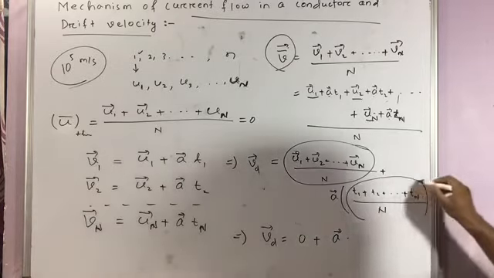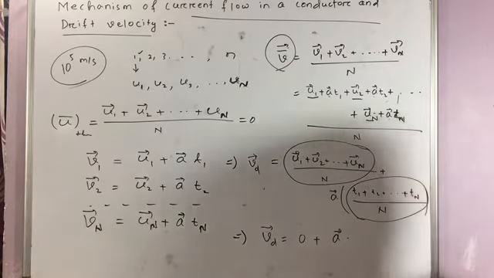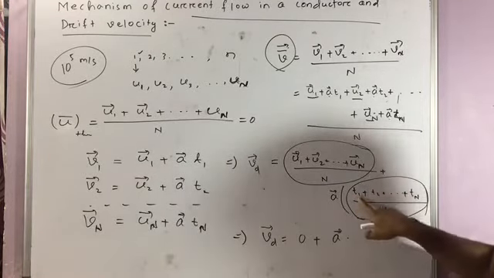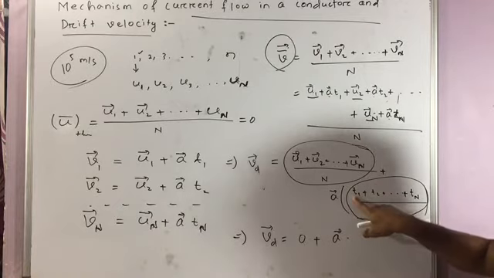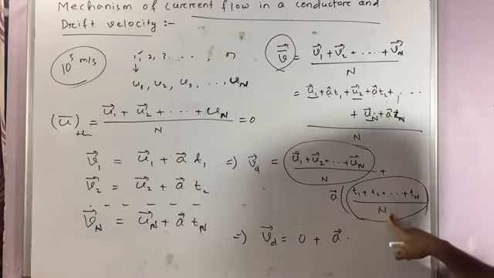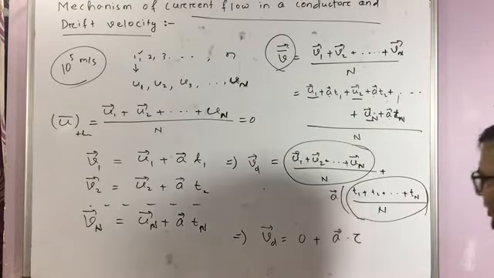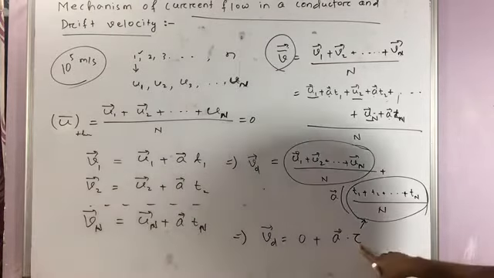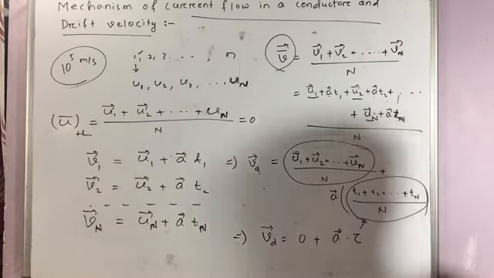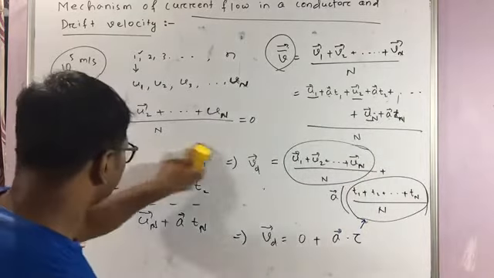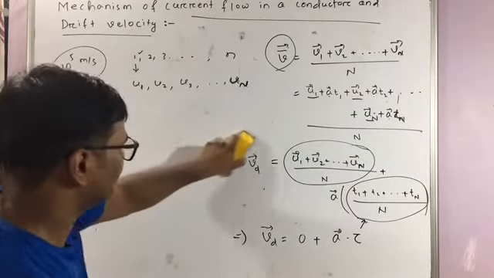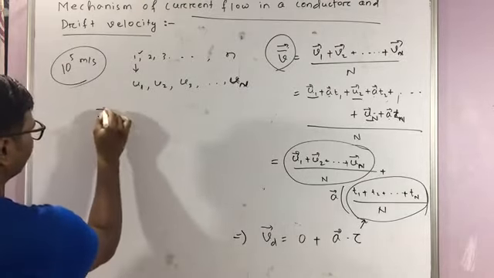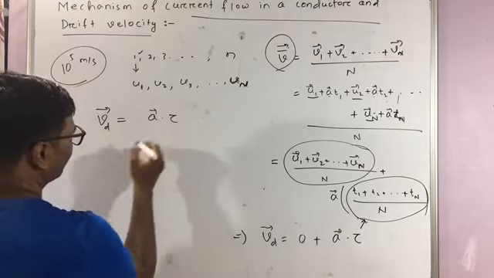I can define this entire term as the average relaxation time for an electron. The relaxation time is added for all the electrons and divided by n. So it is your average relaxation time, which is denoted by tau. Now we can write Vd, the drift velocity, as A tau,